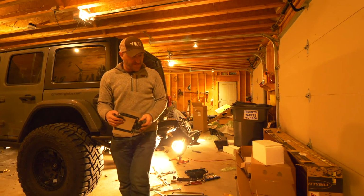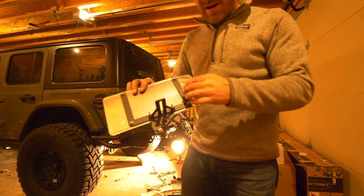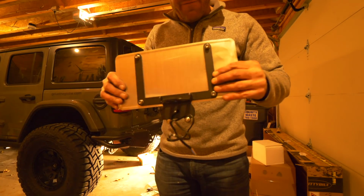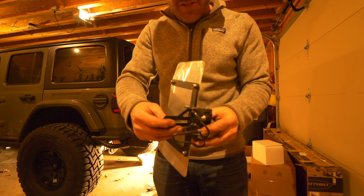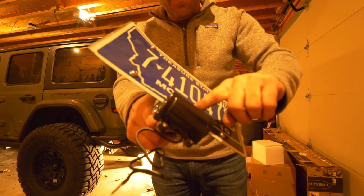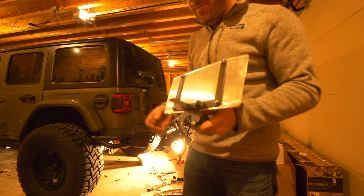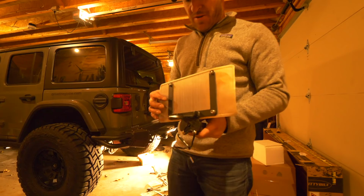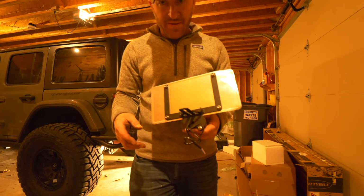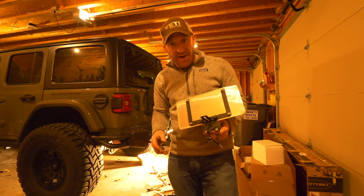So Smittybilt makes a custom mounted frame here, as you can see, and this actually mounts, or is supposed to mount. It's got a light underneath here to light up the plate, and then it's got a custom mount here. This, however, is made to mount on the middle of the spare tire. Now the problem with that, with JL here, is that